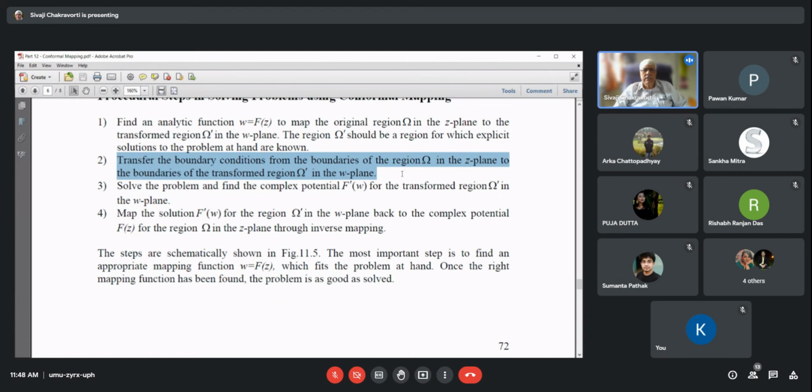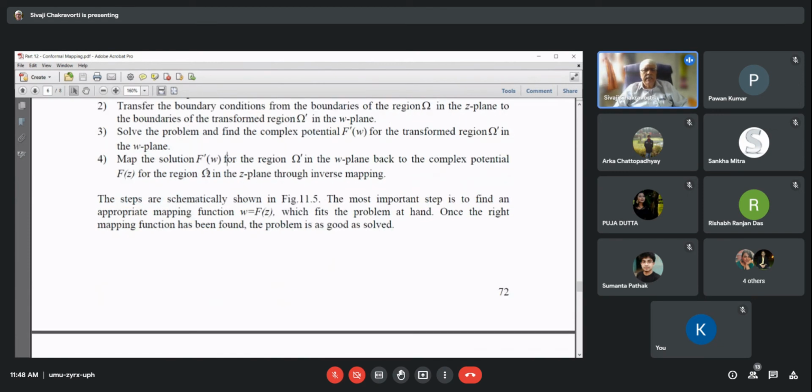So boundary conditions have to be transferred, and then we solve the problem, because this complex potential function satisfies Laplace's equation. So we solve the problem on the w plane, where our assumption is that the geometry will be relatively simpler, and that is the primary target of conformal transformation. And then finally, we get the solution on the w plane, but we now do the inverse mapping and come back to the z plane